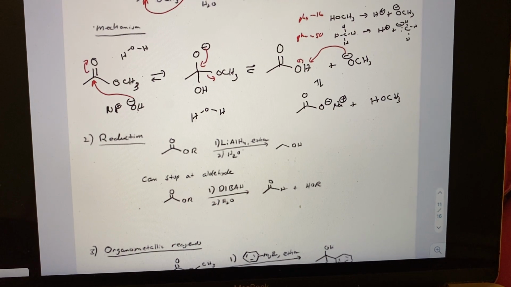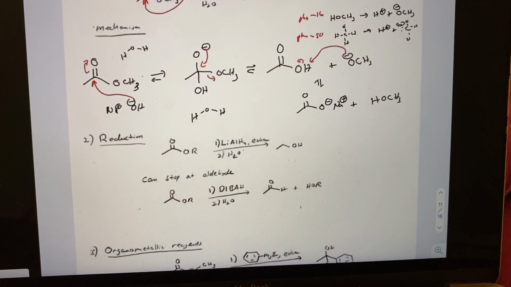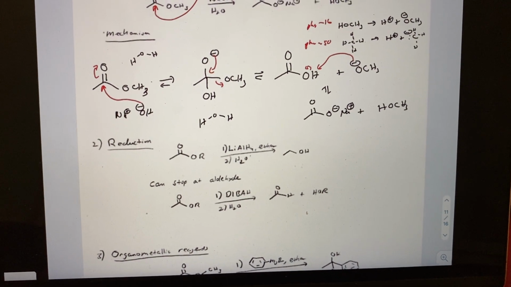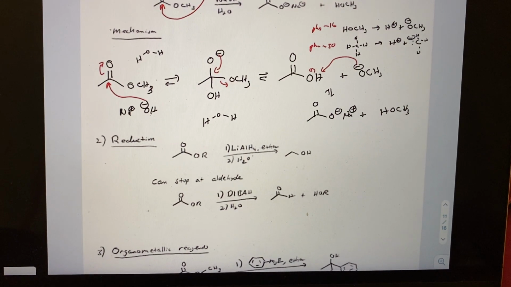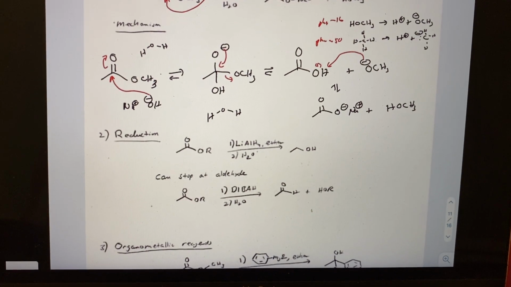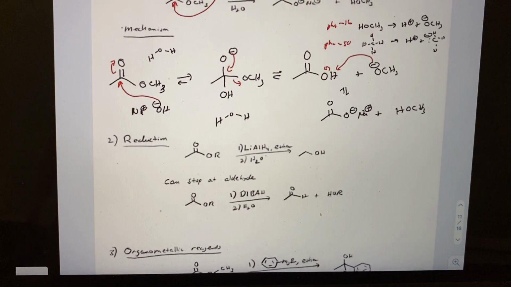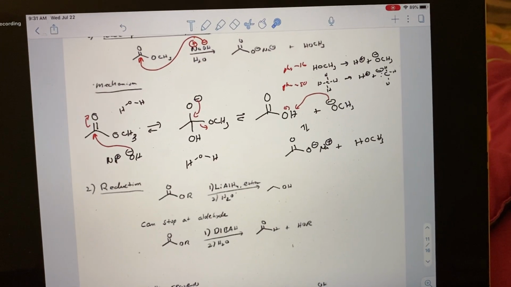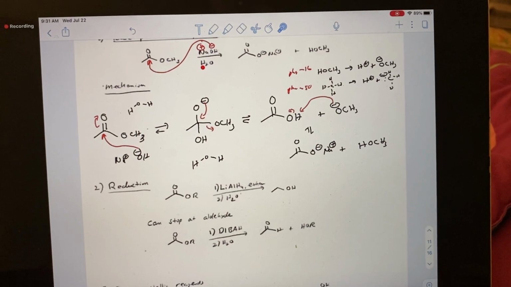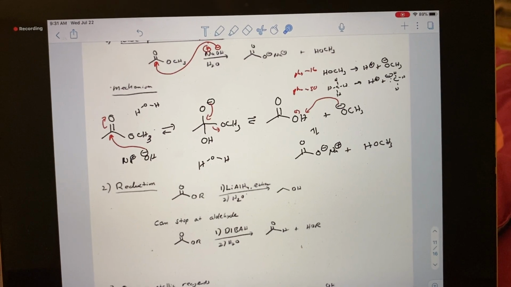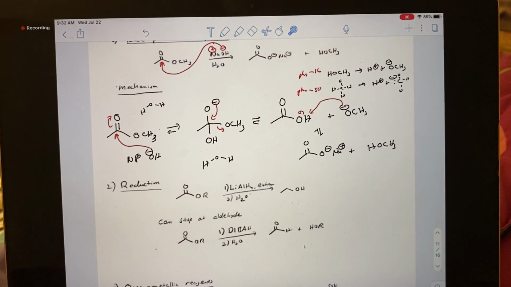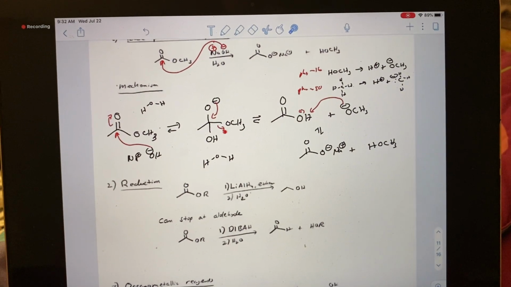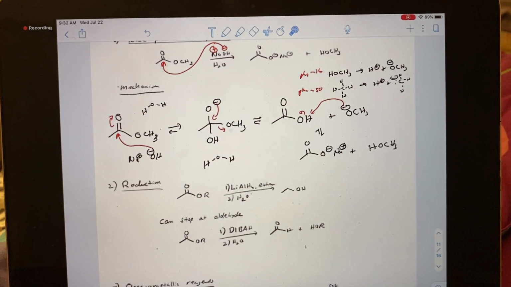So I see what you're saying is, why not just turn this relatively bad leaving group, or worse leaving group, into a good leaving group? And you're exactly right that one might like to do that. However, we don't have acid around in this reaction. So we're doing this reaction in the presence of sodium hydroxide, a base, and water. So the hydroxide occasionally will pull a proton off of water, generating just hydroxide, it's just switching back and forth. However, without having a strong enough acid to actually protonate this methoxide, we cannot do that here under these basic